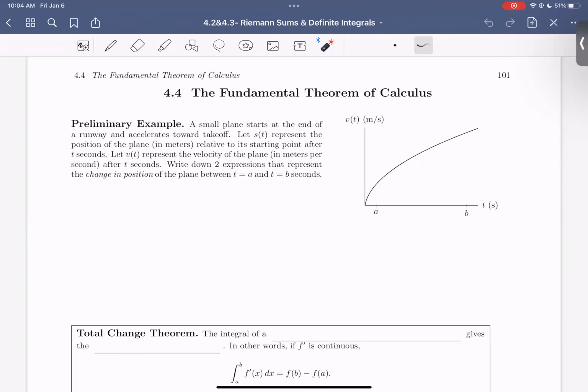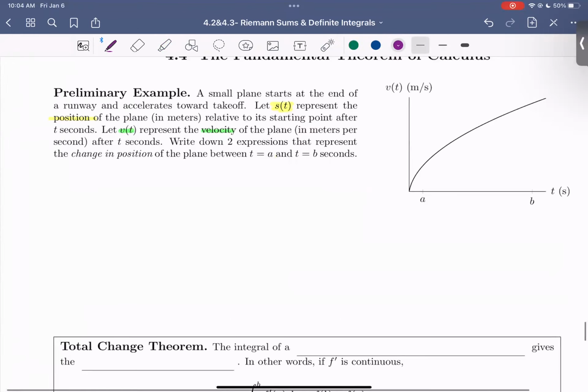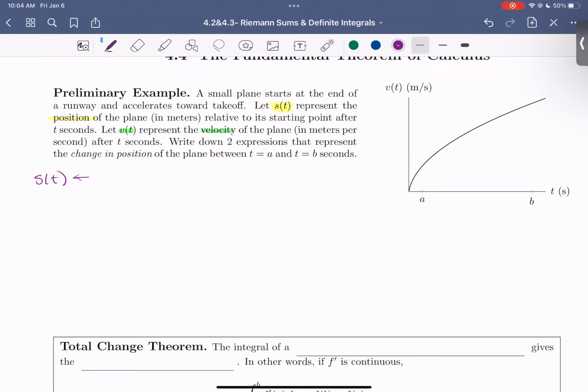All right, so let's chat about this problem together. So we're given two different functions in this preliminary example, though they are related. So what are those functions? We have S of t, position, and V of t, which is velocity, or the rate of change of position. So let's just begin by thinking about this position function, S of t. So S of t tells us